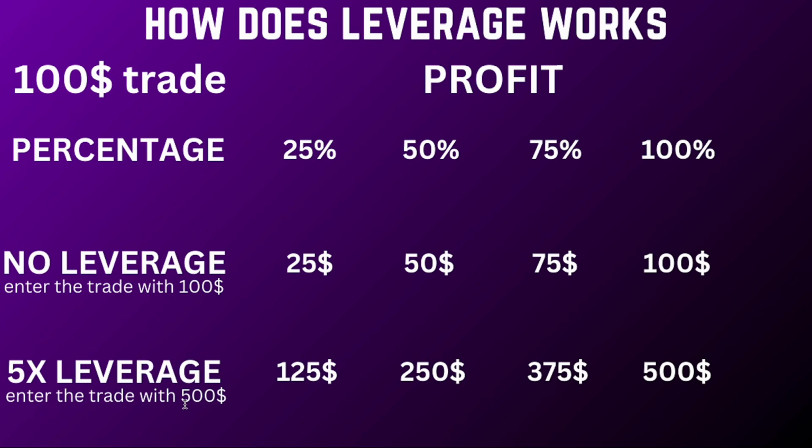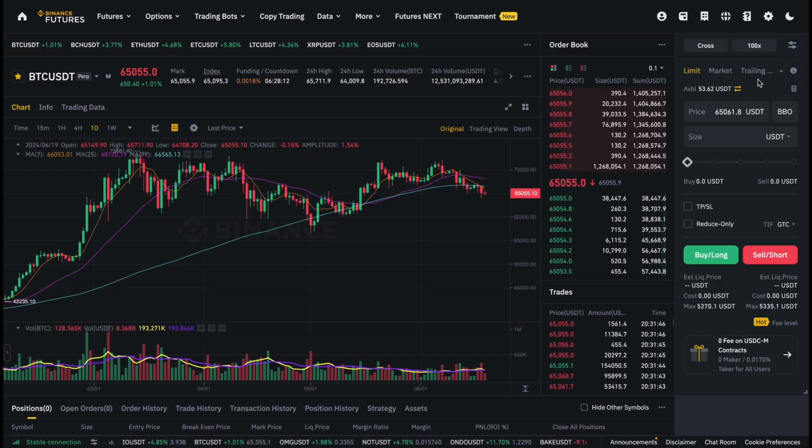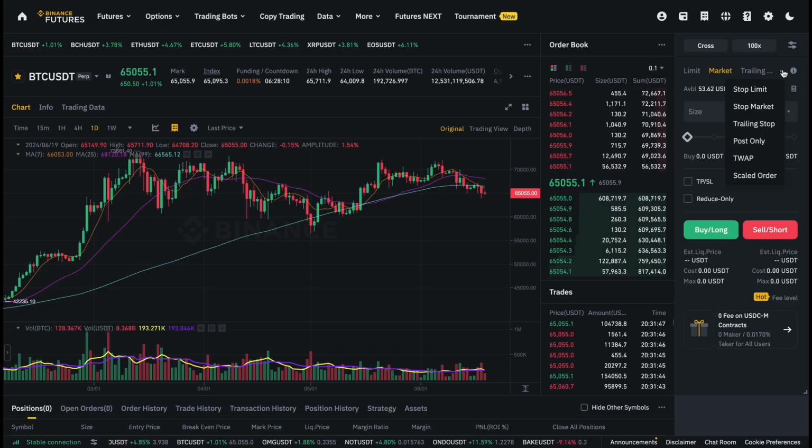But if you have a 5x leverage, you enter the trade with $500. So 25% is $125, 50 is $250, and 100 is $500. This is leverage. Now underneath it you have your trading types, limit, market, and you have a drop down here